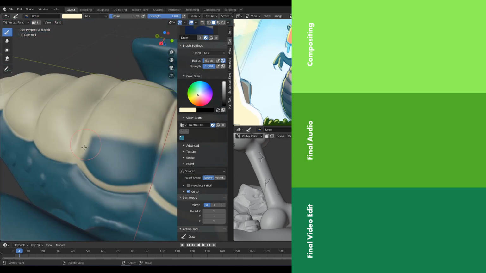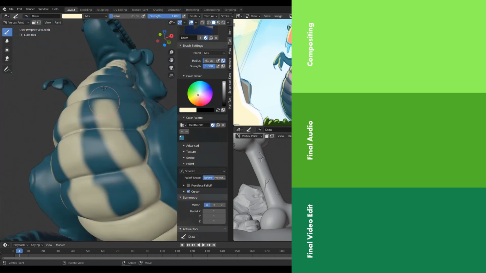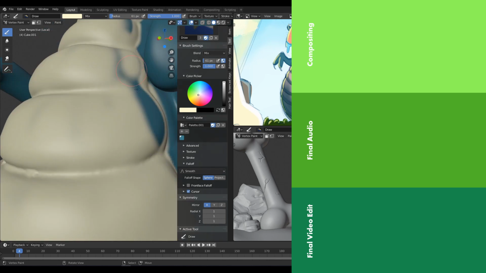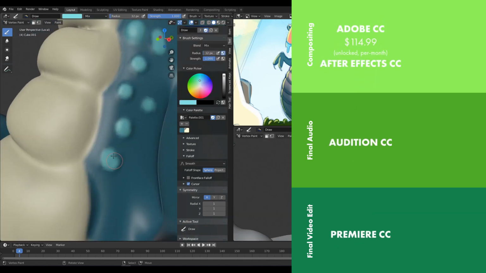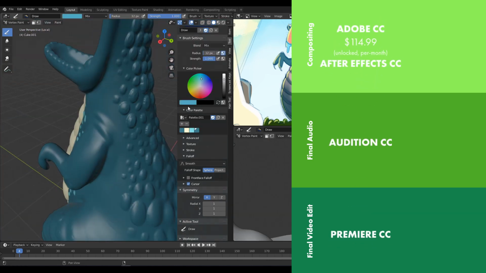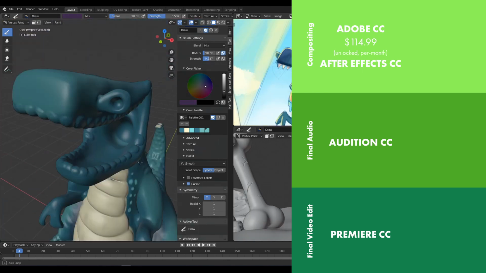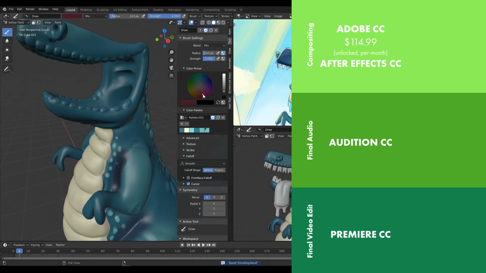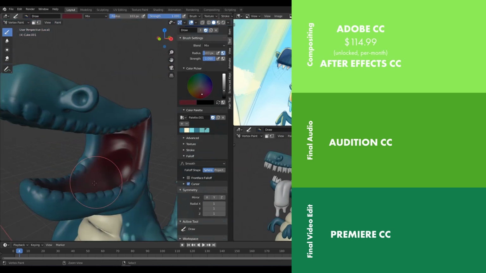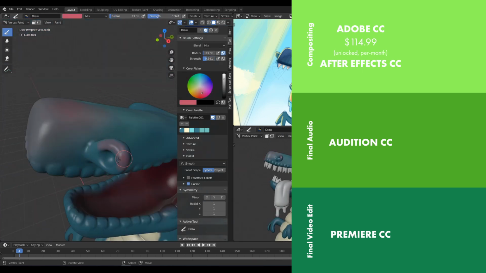For audio editing, compositing, and editing, it's basically the Adobe Creative Cloud, that being Audition, After Effects, and Premiere. And of course, if you buy the entire Adobe Creative Cloud package, that is about $114.99 a month with no lock-in contract.